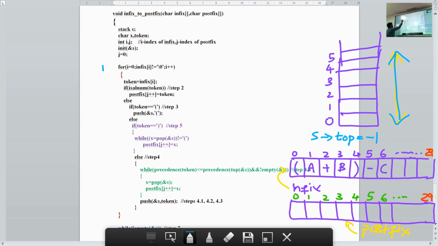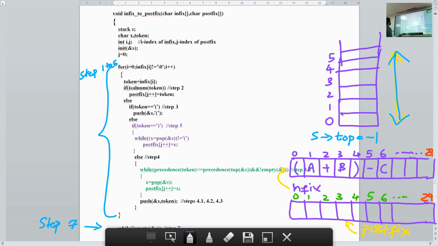Step 1 to step 6 have been implemented here inside the for loop, and step 7 is implemented here in the while loop. Later on I will scroll up and show you the while loop. So right now you just believe me that step 7 is here.